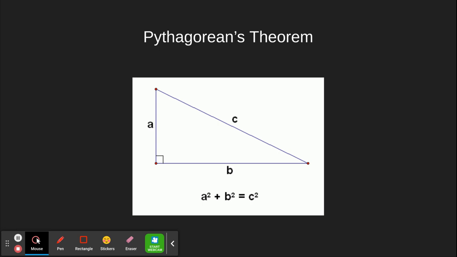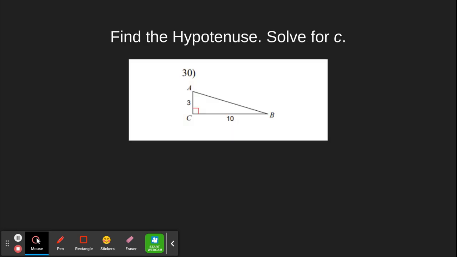So the Pythagorean theorem says in a right triangle, the hypotenuse squared is equal to the sum of the legs squared. So you can see that in this triangle, A and B are the legs. They form the right angle. C is the hypotenuse. I hope that's familiar to you. So let's just do a quick example and maybe even get a chance to review how to simplify radicals,